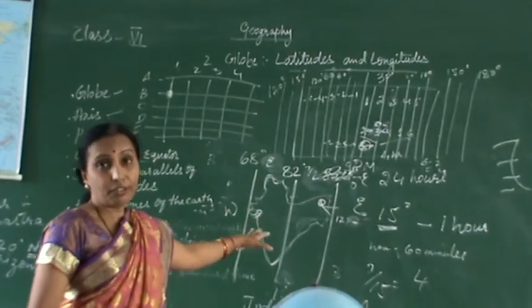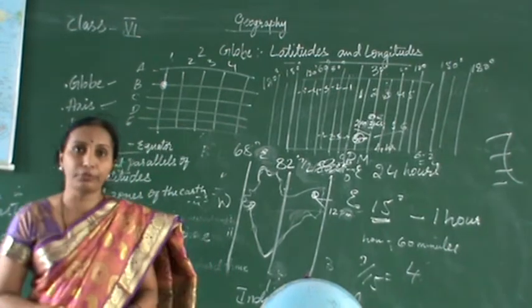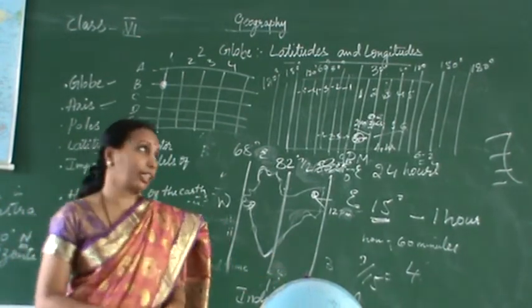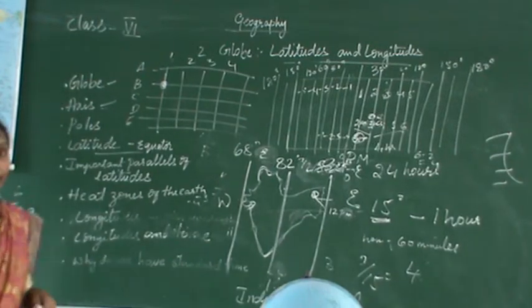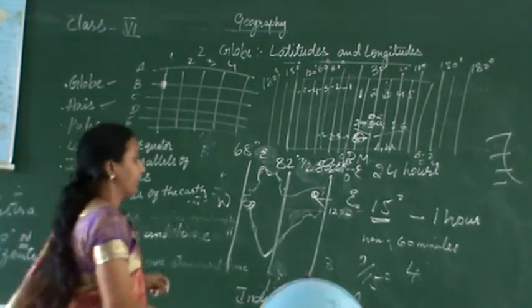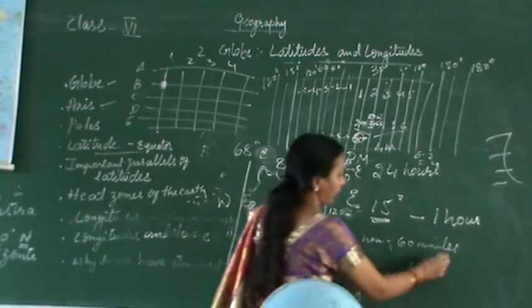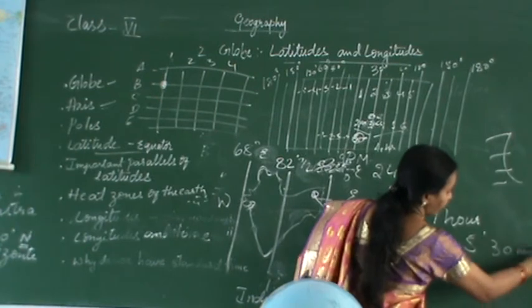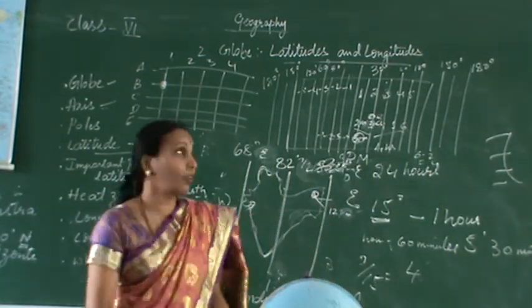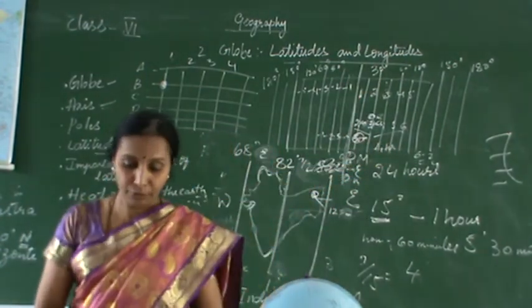Now you understood why the times are there. Further, I will give some more examples to understand better. Suppose a cricket match is going on in London, and the match begins at 2 p.m. We are staying in India. India is ahead by 5 hours 30 minutes. This is very important: 5 hours 30 minutes. India is ahead of Greenwich, the prime meridian, by 5 hours 30 minutes.